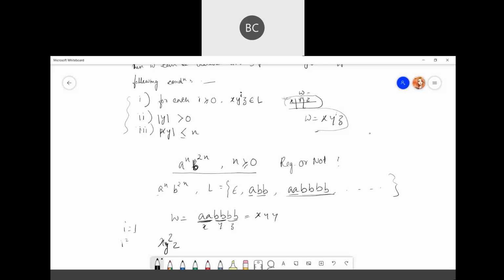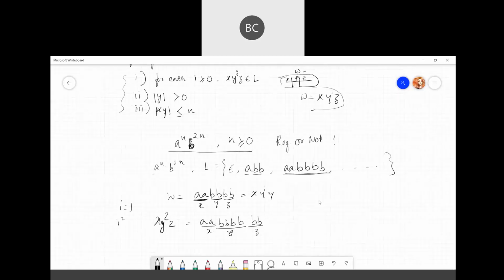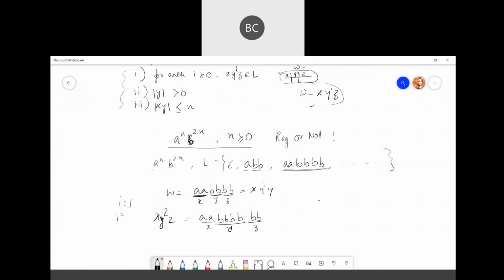Now with i equal to 2, I am increasing the value of bb, so now the b's will be 1, 2, 3, 4. This is your y now, and z will still be the same. So we are increasing the value of y.